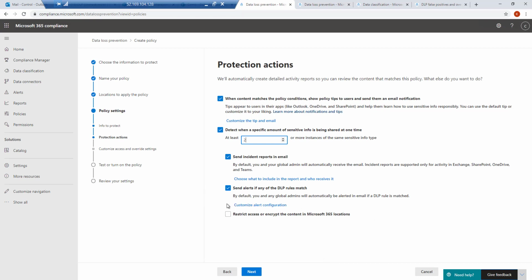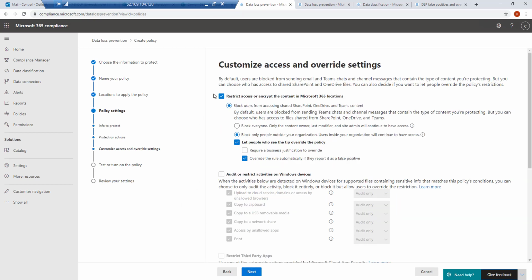And what's also very important is this one. I can restrict the access, and that's the way you can control those little icons you saw in SharePoint, for example, or the message being blocked in Teams. So let me just restrict the access and let's see what happens. So over here I can say, okay, I want to restrict my access from SharePoint, OneDrive and Teams, for example. So let me just